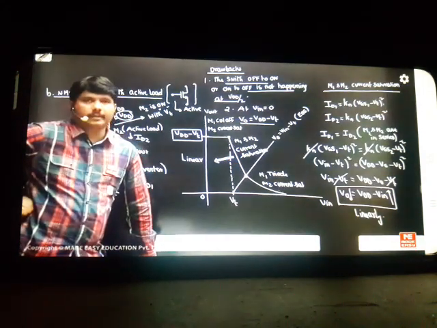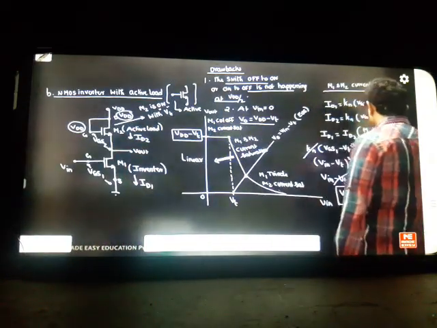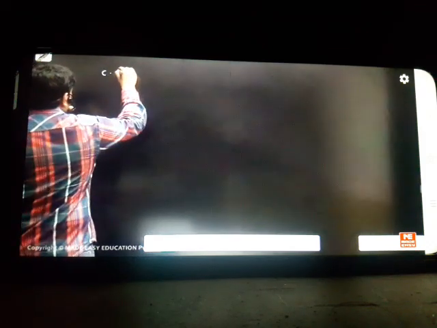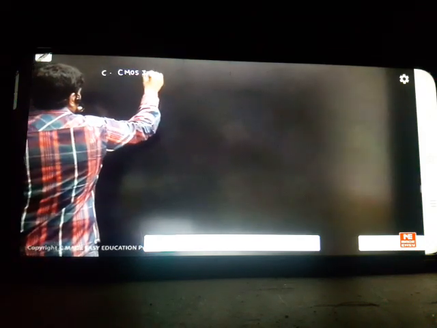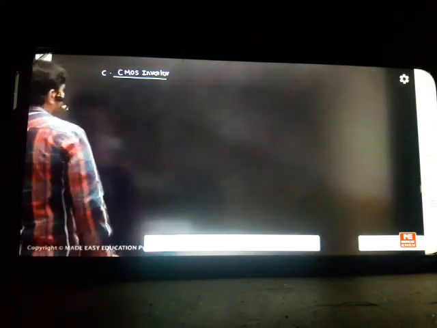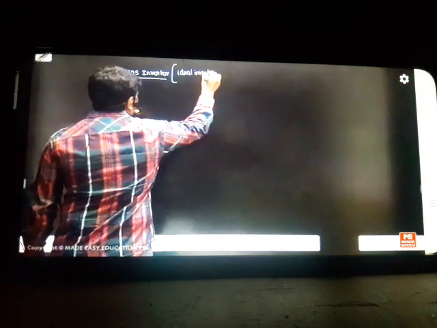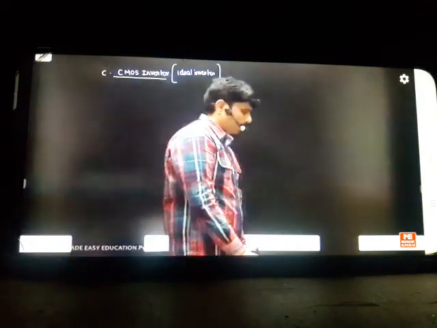So let us start the final journey on this MOSFET. Let's start the final topic. You can give the heading C. Concept number C: one of the most important topics in electronics, which is called the CMOS inverter. One of the best inverters in electronics because it behaves like an ideal inverter. That's why most digital electronic circuits are designed with these inverters.